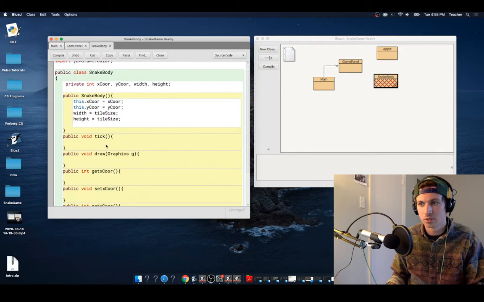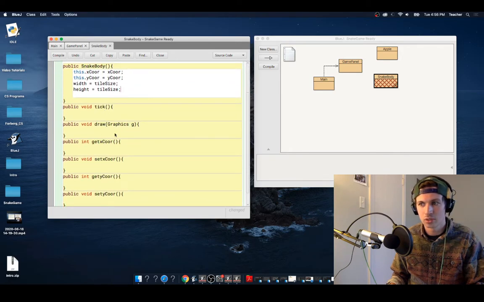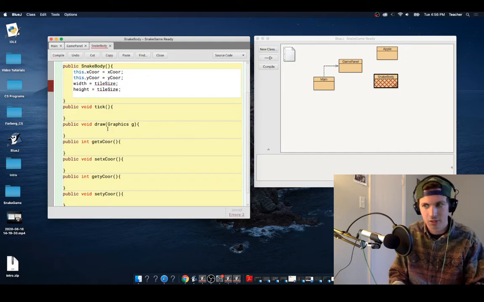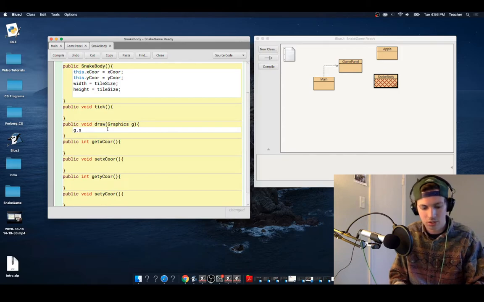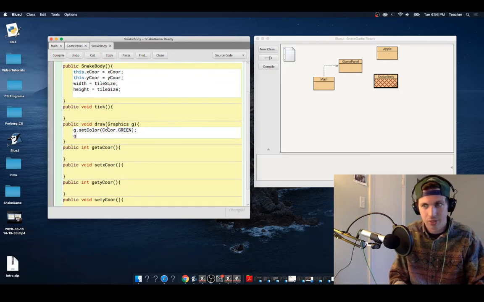So now let's look at our graphics. We're going to avoid tick right now, and we're just going to go into graphics. And let's set that g.setColor. You're totally fine to pick whatever color you'd like for your snake. I'm going to keep it classic, and I'm going to do green. And now I want to do that g.fill